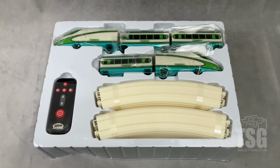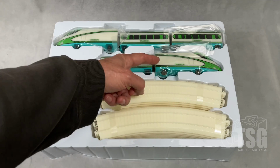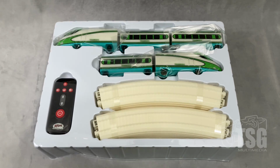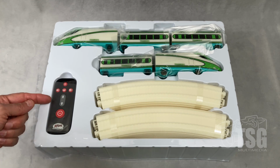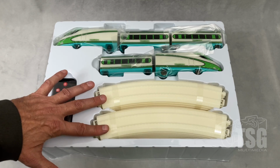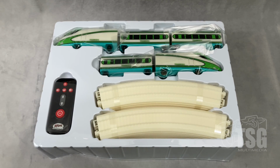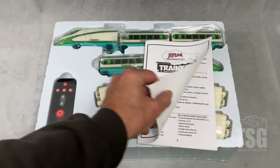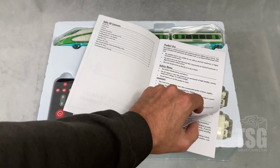So here's what comes in the box. We have 2 locomotives. One of them is powered, and we have 3 passenger cars. One of those passenger cars is what holds the batteries, so it's a battery car. We have the remote down here, and then some track that it comes with so that you can run this thing. Also included is the owner's manual,